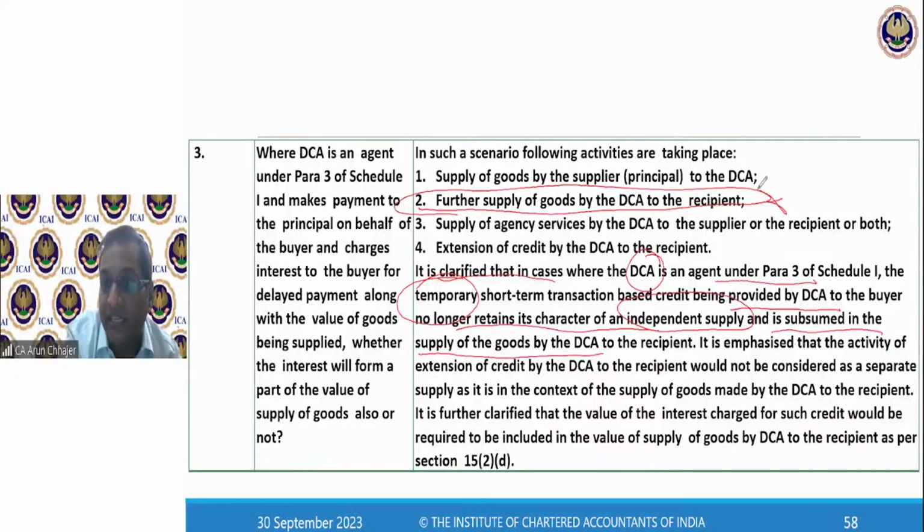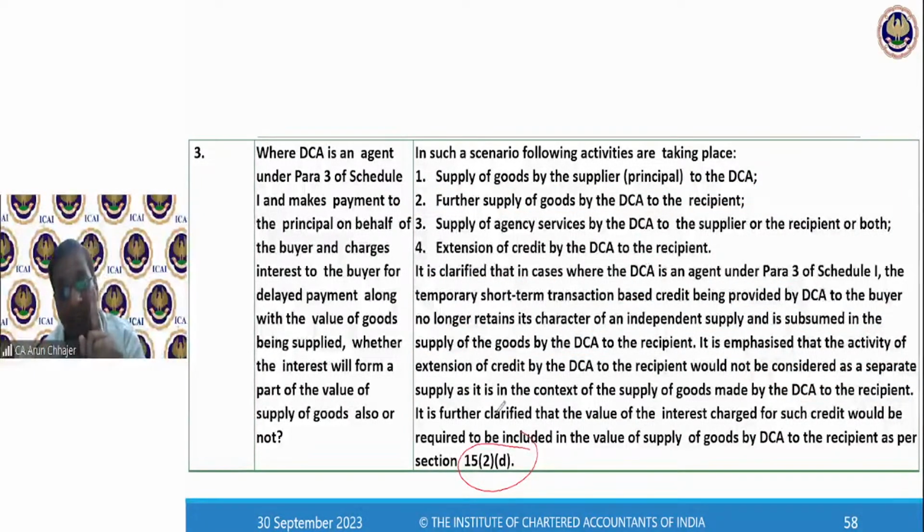In this particular second transaction, it will be considered that he is also providing any other ancillary services. It is emphasized that the activity of extending the credit would not be considered as a separate supply made by the DCA to the recipient. It is further clarified. Now, when you read the valuation chapter, then